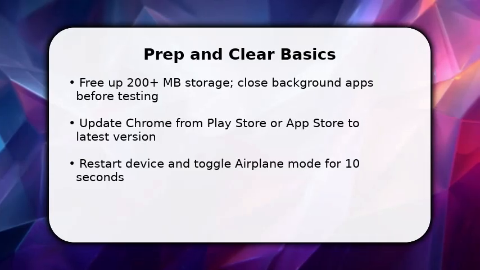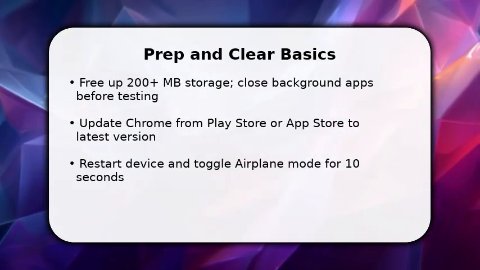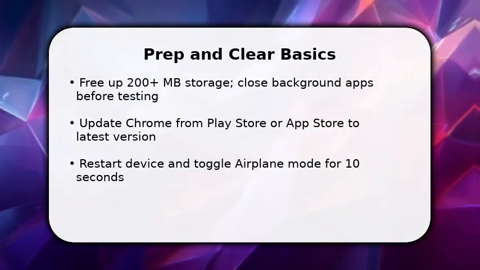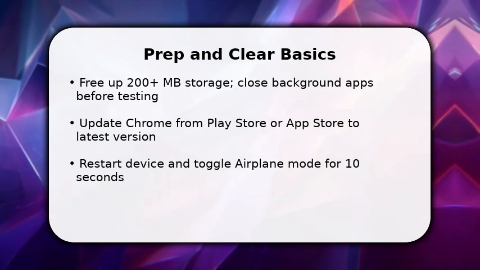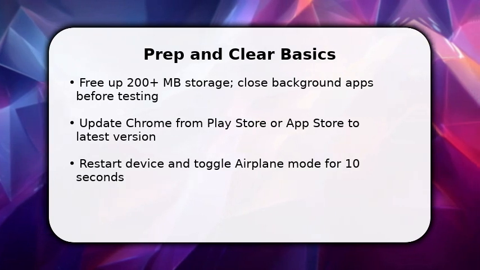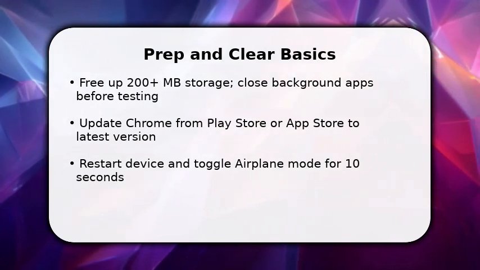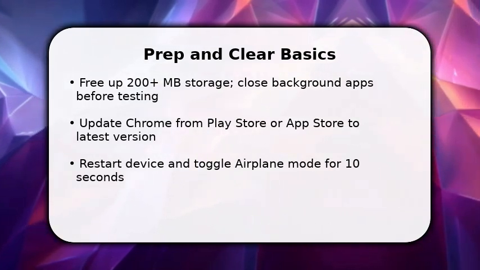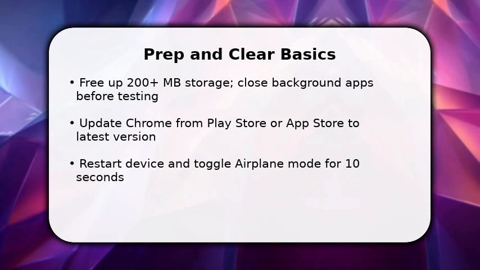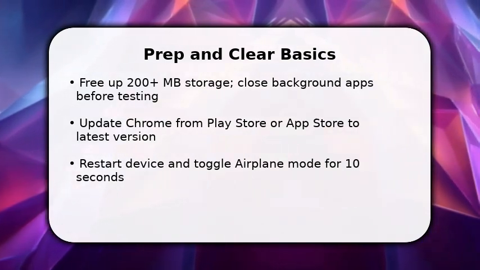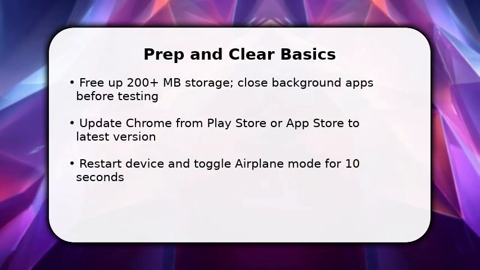Enjoy the video. You start by clearing the biggest immediate blockers. Free at least 200 MB and close background apps to stop CPU thrashing. Once done, update Chrome so you're not chasing old bugs. This fixes many speed regressions. Restart the phone to flush temporary caches and toggle airplane mode for 10 seconds to reset radio stacks. Doing these first cuts noise and makes the next steps meaningful because you'll measure improvements against a clean baseline rather